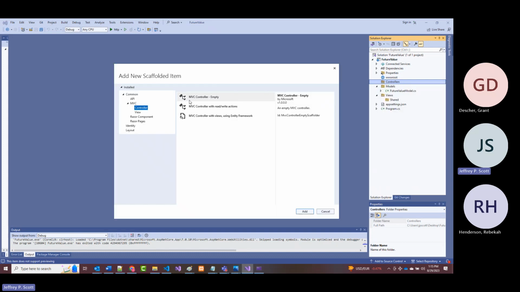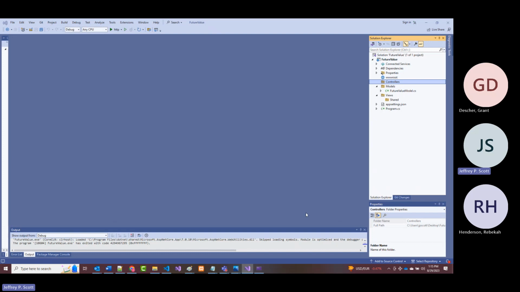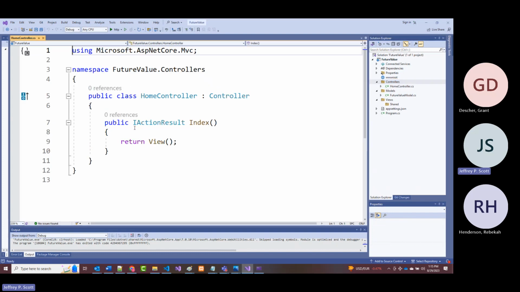So I'm going to add a new controller. It'll be an MVC controller empty, and it'll be home controller.cs, which is the name it gives you by default. All right. So I'm going to click add. Now, a couple things about this that you should already, hopefully at least, realize. First is, and we talked about this earlier, you will have this using statement in virtually any controller you create. Second, the controller you create should always be appended with the word controller on the end, and by default, it is inheriting from